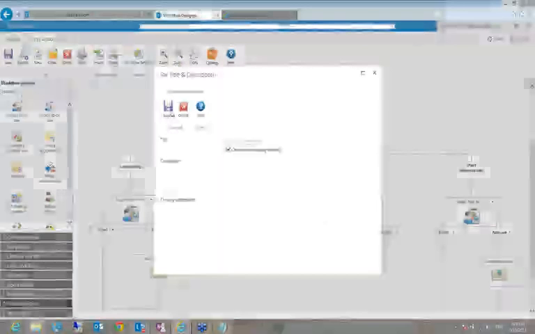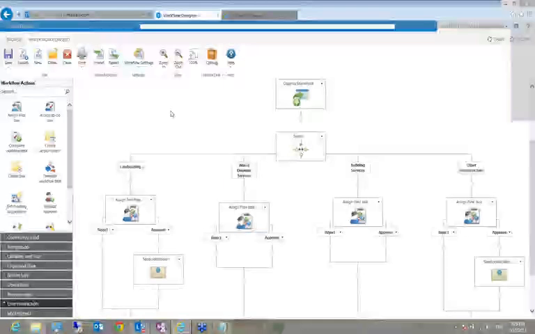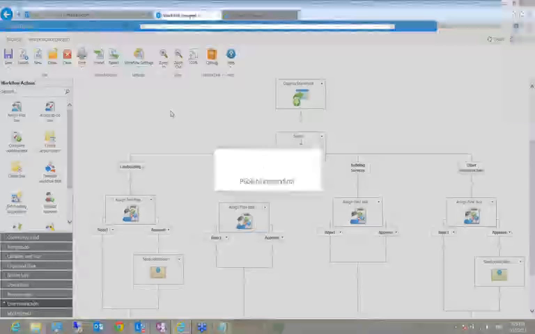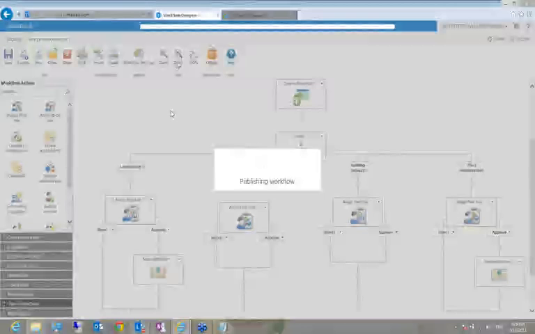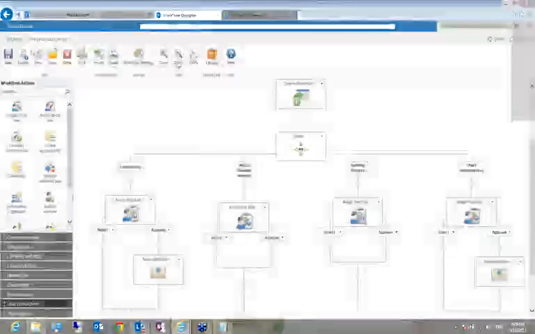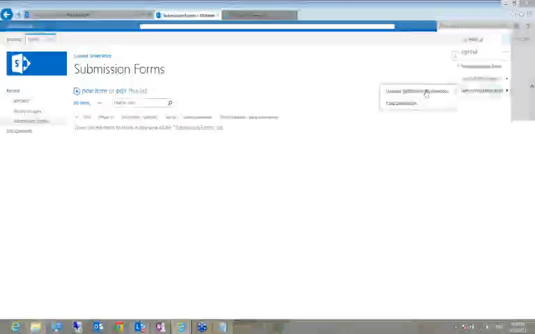Now, one of the other things that comes up quite often is what happens when someone goes away on holidays. There's a couple of different things you can do here. Every user that has access to SharePoint, once Nintex Workflow is actually installed, can manually set an out-of-office notification, similar to what you would do in Outlook when you go away on holidays. So closing out of here, I can come up to my username, Nintex Workflow,